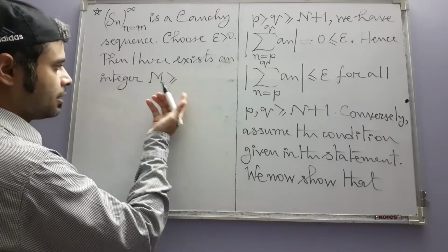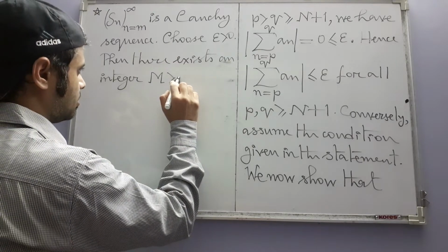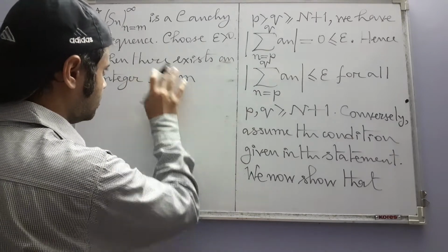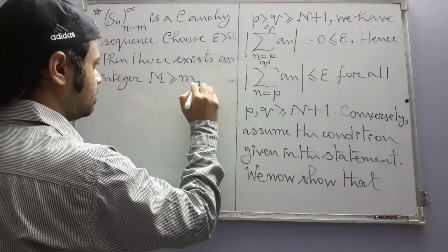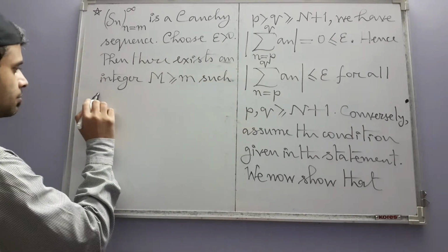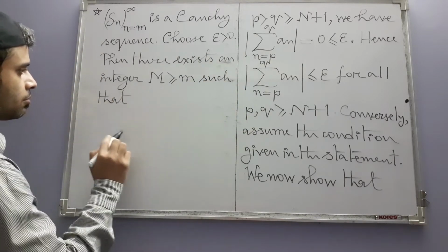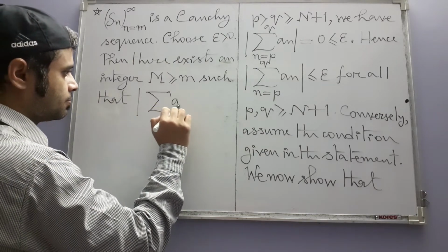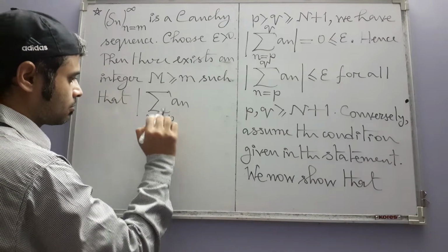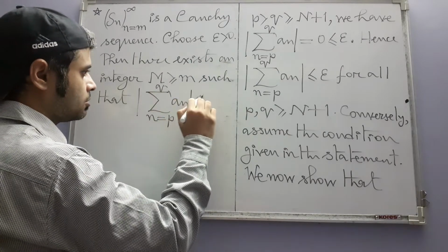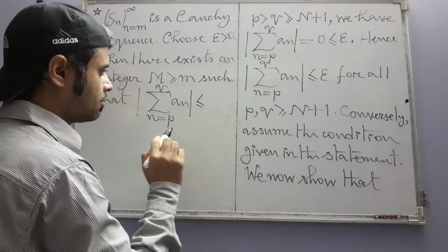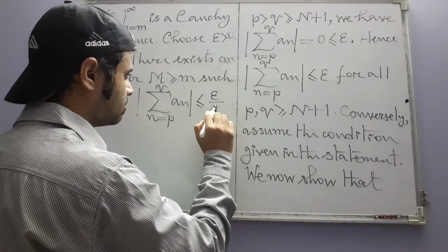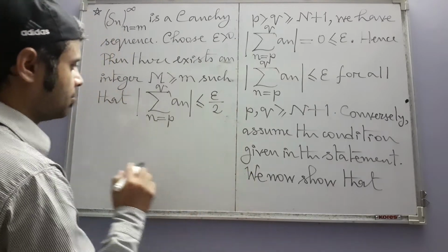If you want you can take n here also, that is not a mistake, but we decide to use another symbol m, such that this thing is less than or equal to... Now cleverly, instead of taking epsilon, we take epsilon divided by 2, because that is also a positive real number